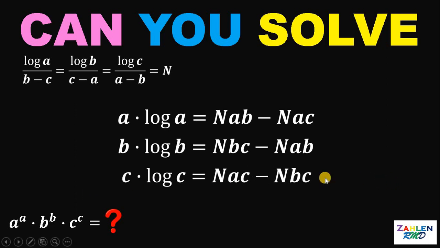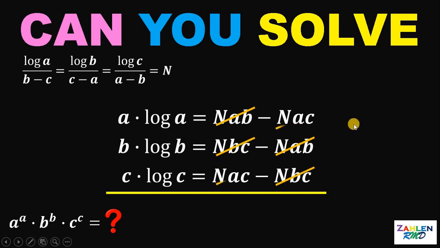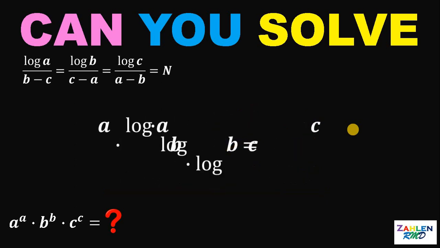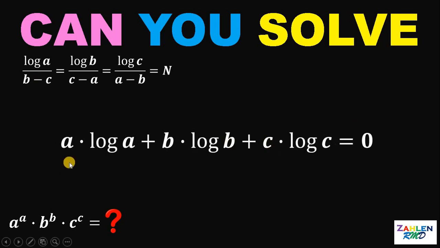Now, notice that if we add these three equations, n times ab cancels out. So we have a positive n times ab and a negative n times ab. And notice that we can also cancel out n times bc, and of course, n times ac. Therefore, the right-hand side of this equation, when we add those three equations, becomes 0. So this will give us a times log of a plus b times log of b plus c times log